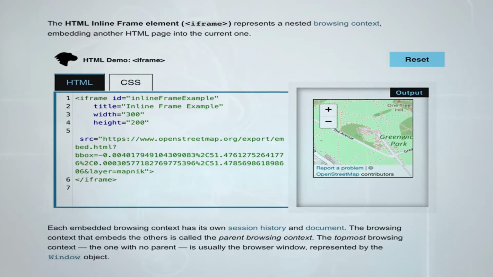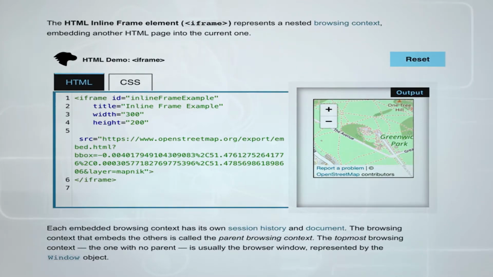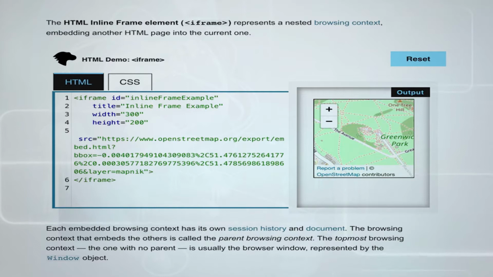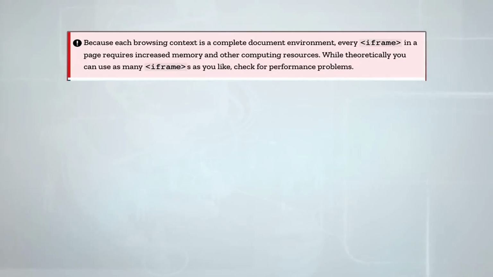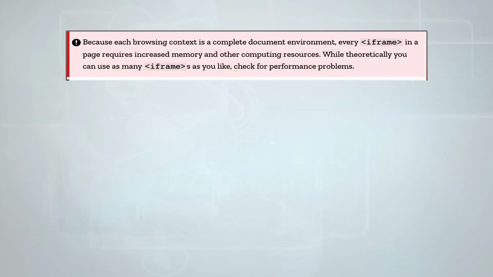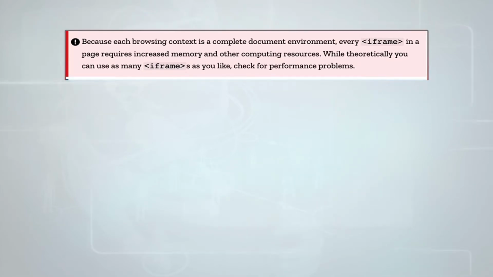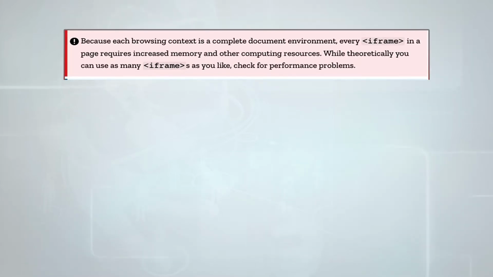Each embedded browsing context has its own session history and document. The browsing context that embeds the others is called the parent browsing context. The topmost browsing context, the one with no parent, is usually the browser window represented by the window object. Because each browsing context is a complete document environment, every iframe in a page requires increased memory and other computing resources. While theoretically you can use as many iframes as you like,